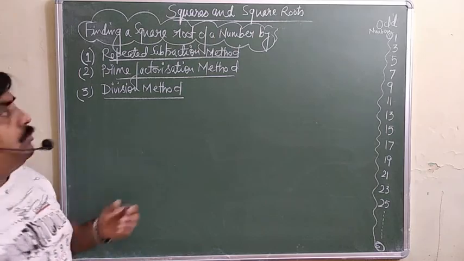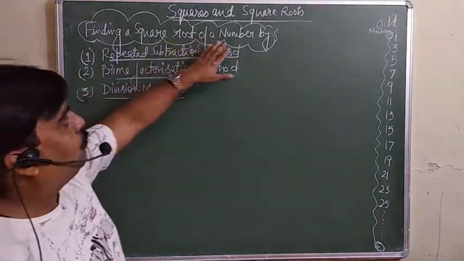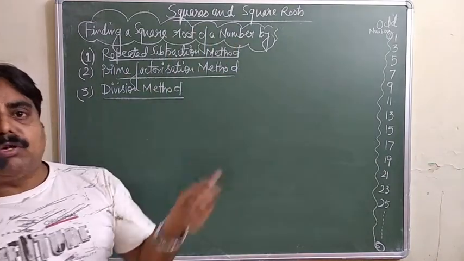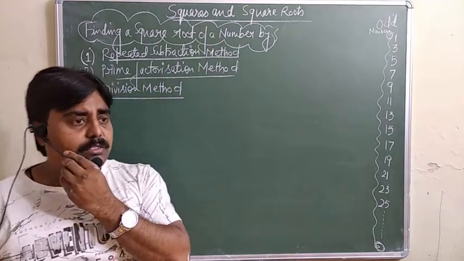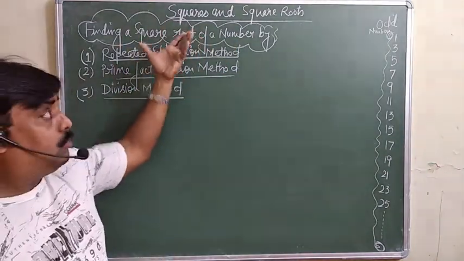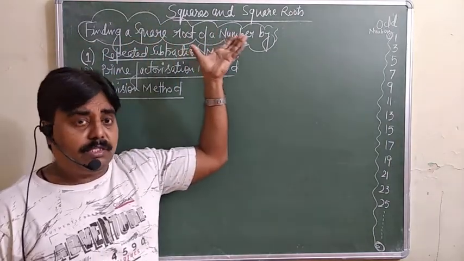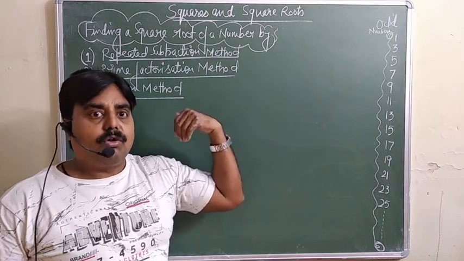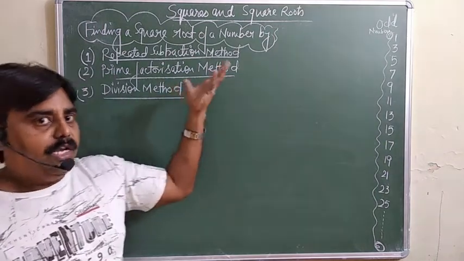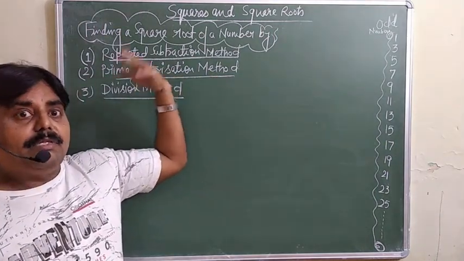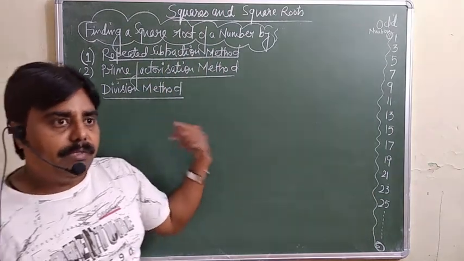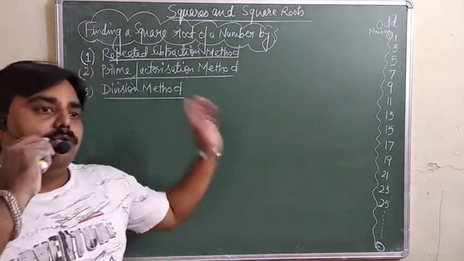Yes, now we will discuss finding the square root of a number. अगर हमको कोई भी नंबर दिया है तो how can you find out the square root of that number, that we are going to discuss. इससे पहले जो मैंने वीडियो डाले थे उनमें we discussed the trick, how can you find out the square of any number, how can you find out the square root of any number within 3 and 4 seconds, and even then we discussed the non-perfect square, means the number is not a perfect square, even then you can find out the square root of that number by using that trick.